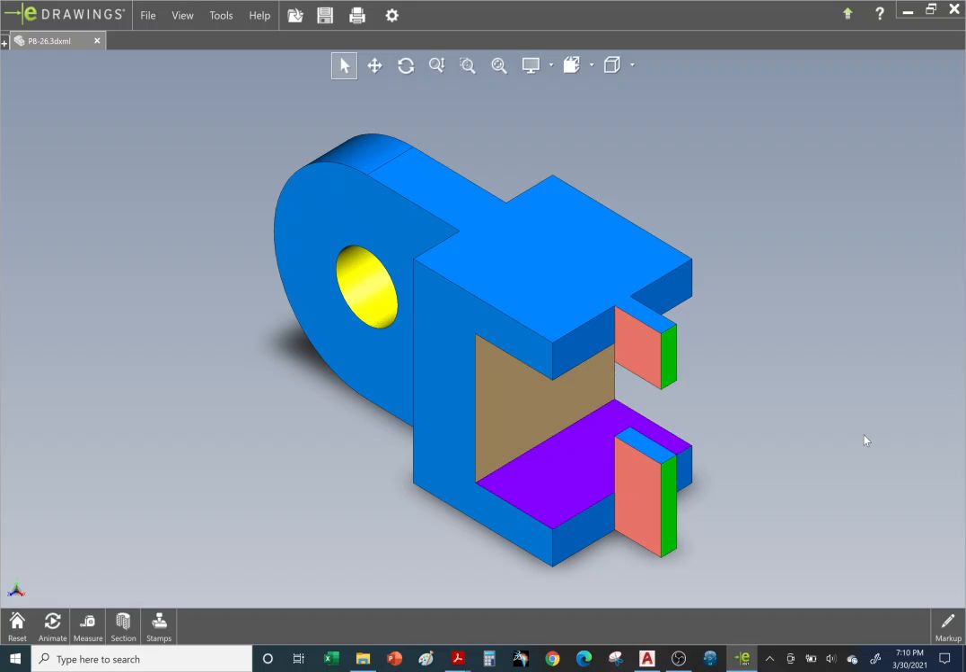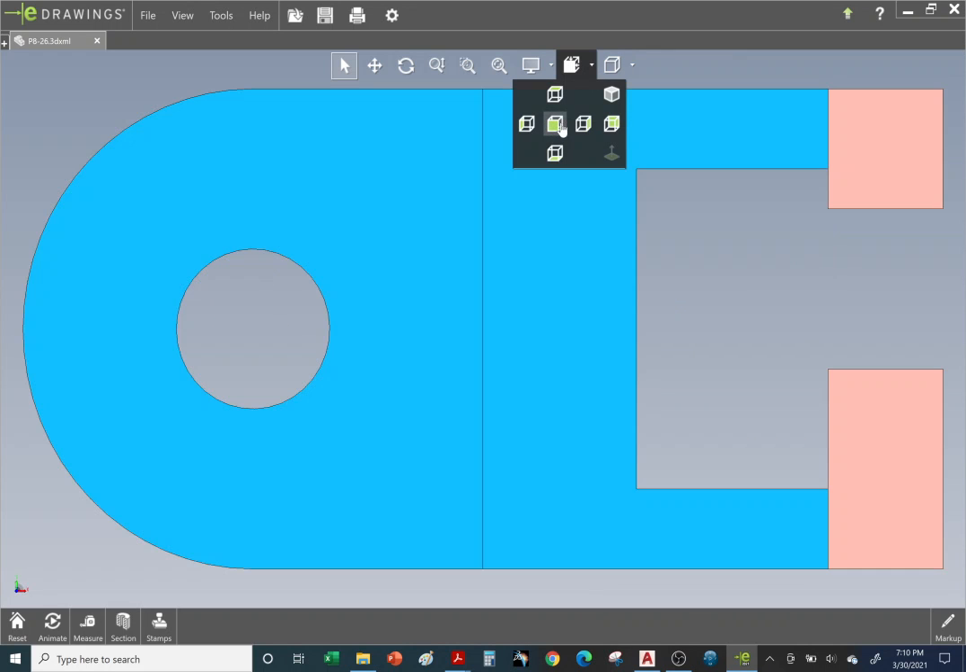Okay, and this should look familiar to you. I think we have done this problem in the past in practicing front, top, and side views. All right, so let's take a look at the front view. Okay, so there we have the front view